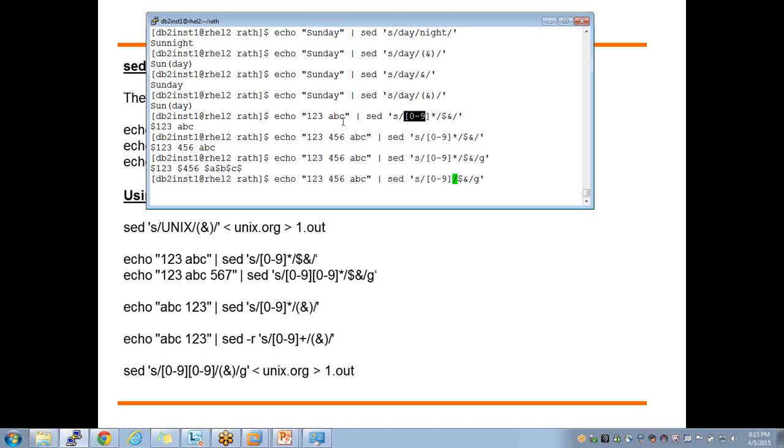Star is like anything. I was just thinking any number is what you meant by using the star, right? Any number in that file, replace it by adding a dollar.